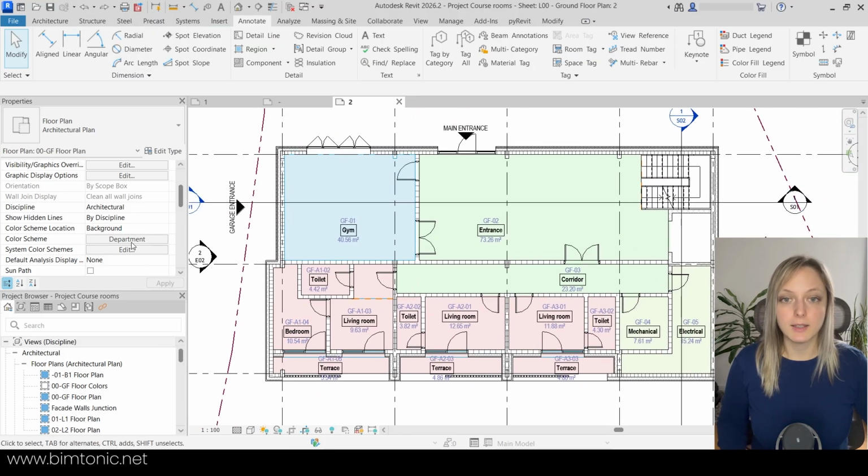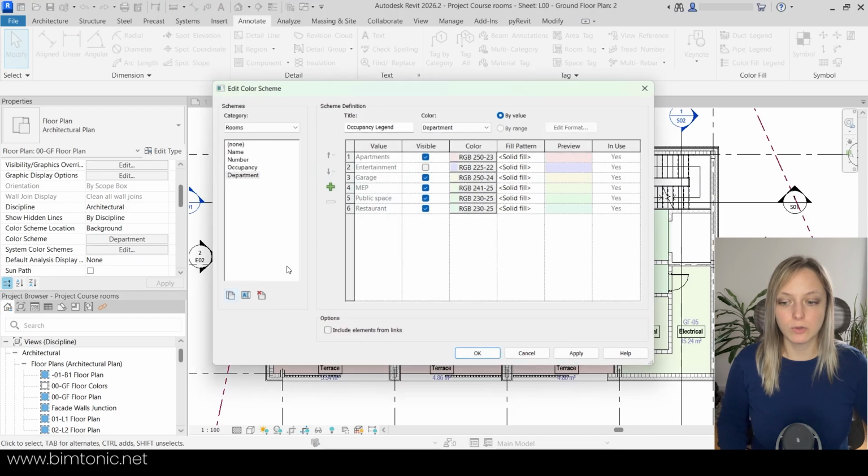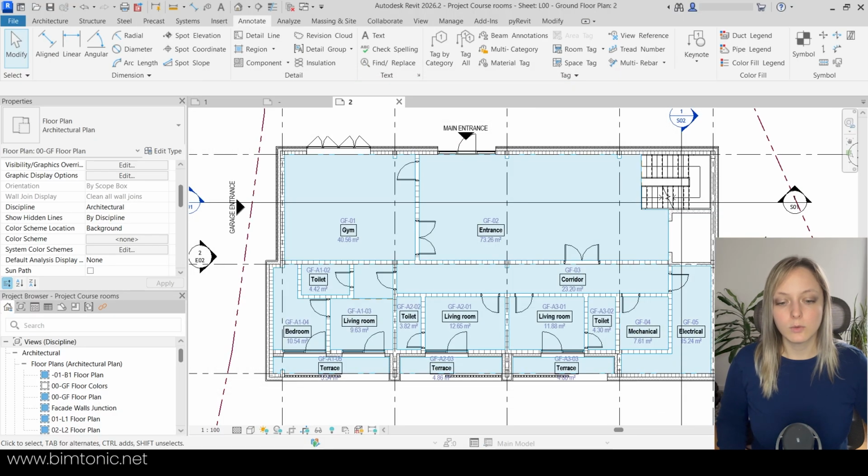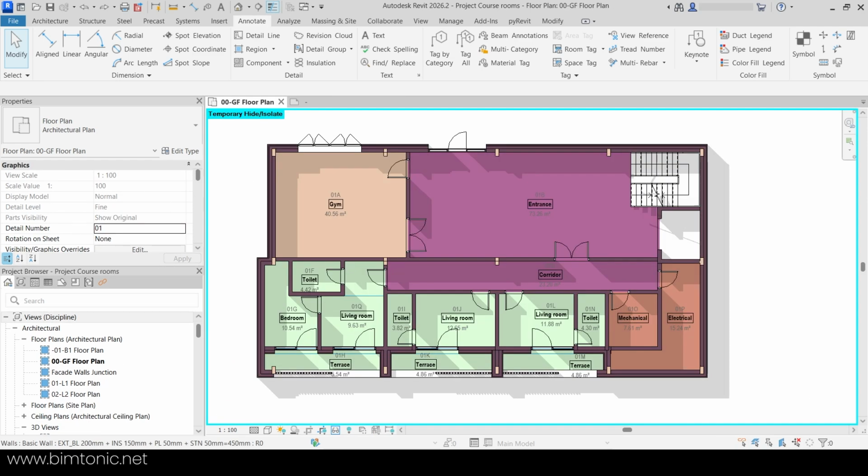If you have decided to get rid of colors, you do not need them anymore, simply go back. And instead of the department option you created, you simply choose none. And that way your rooms no longer have colors. One more thing that I have forgotten in the first shooting of the video, and then later remember when I